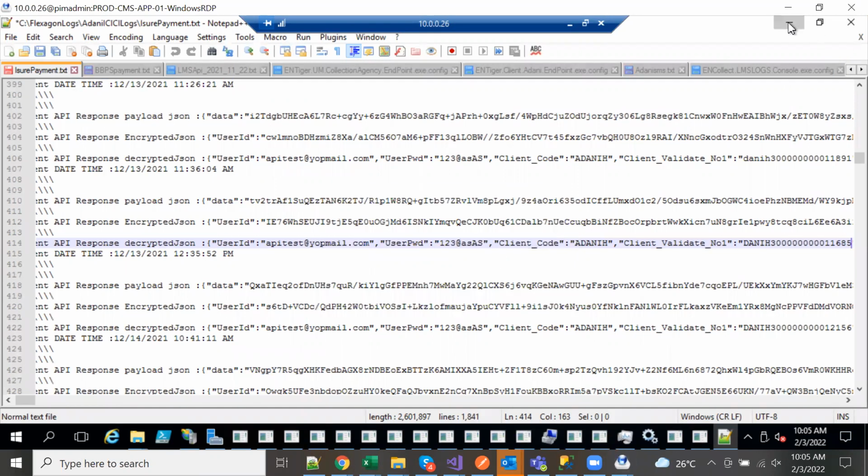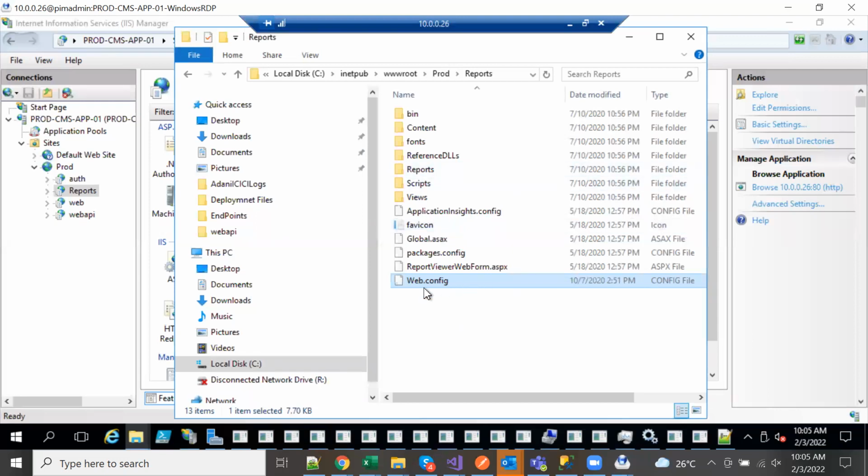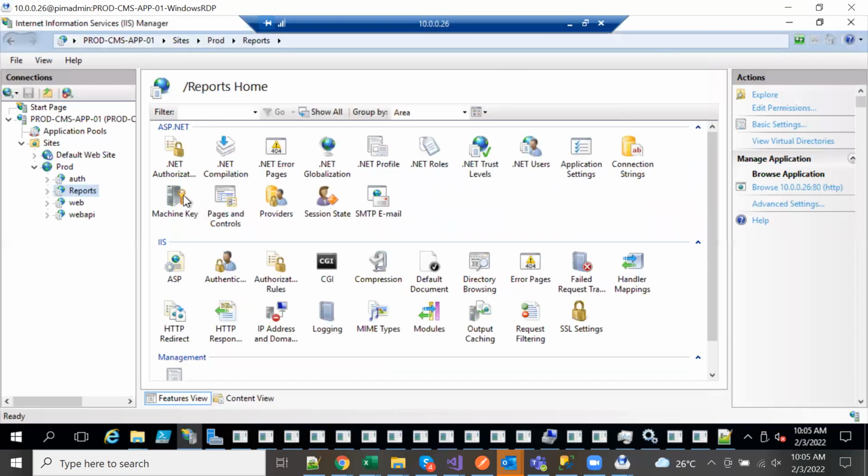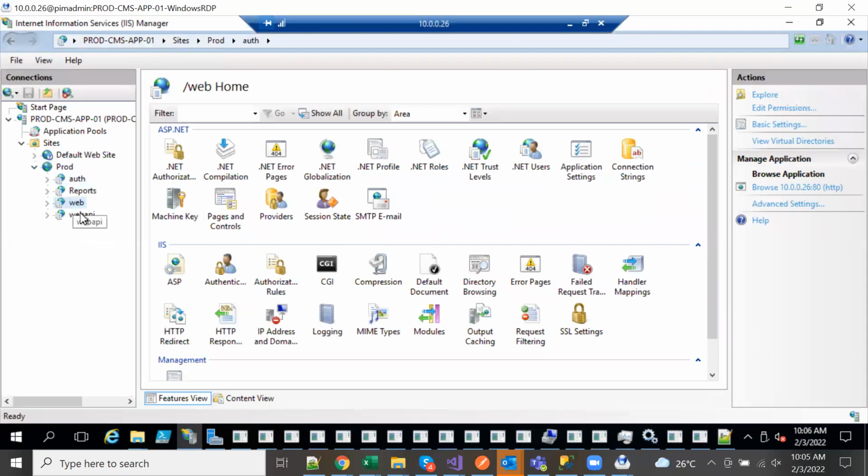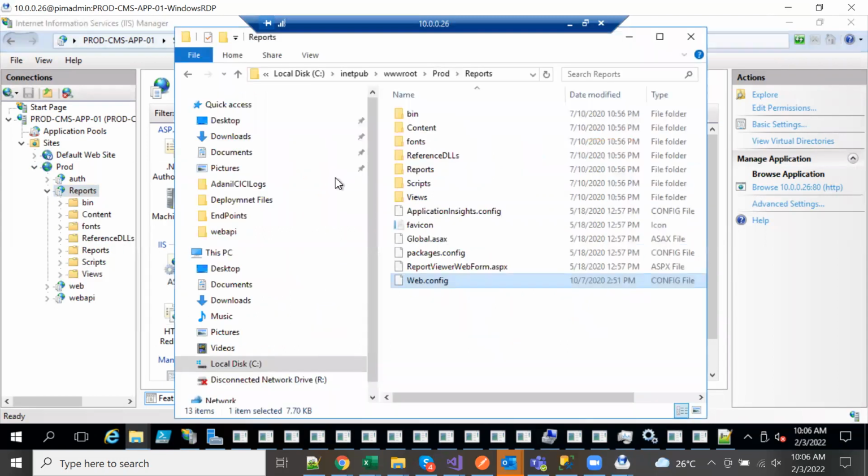Okay, so we are in the server. Yes, sir. Server, and here is the reporting server. See, normally what we see is the reporting server. So auth, web API, everyone knows. I'm pointing to something called reports. It could be here or it could be outside also, but this is the reports folder.